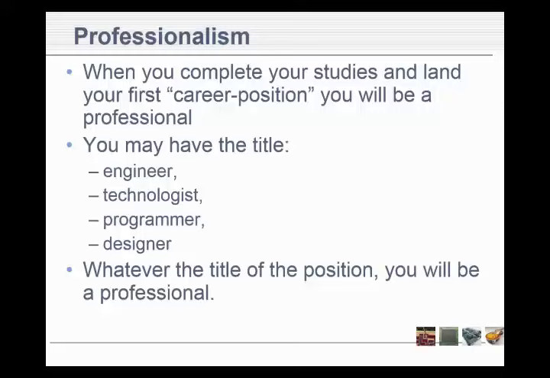You are going to have a career position when you get out of here. It is a career level position. You may have a title. Some of the guys coming out of here are called engineers. They're not really. They might be called technologists, programmers, or designers. Whatever title they give you, they're paying you a pretty good salary, and you're a professional, so